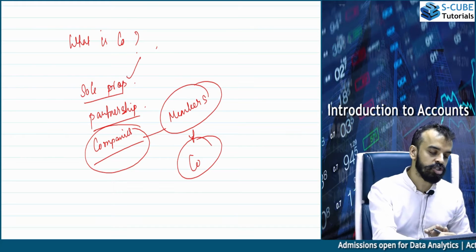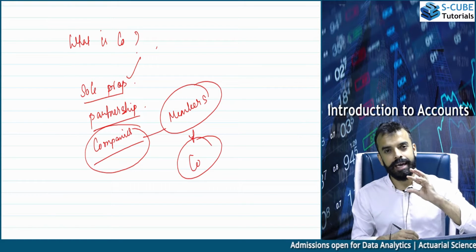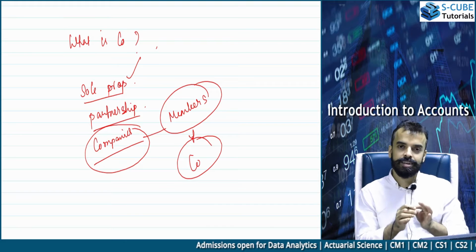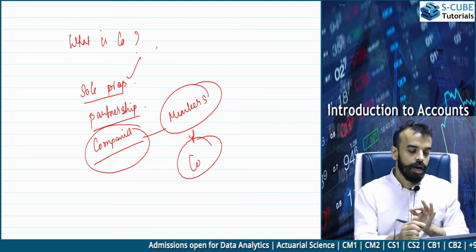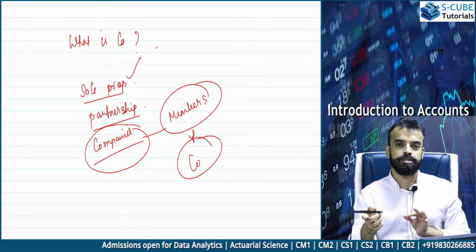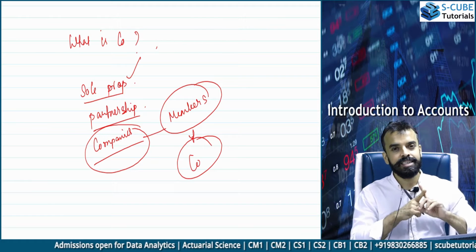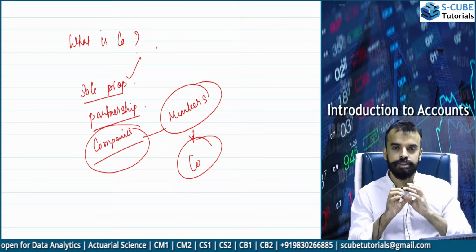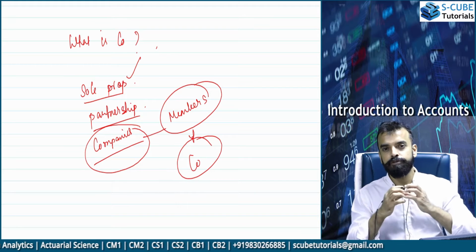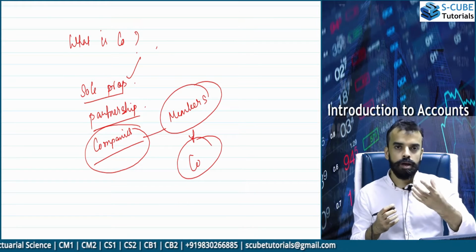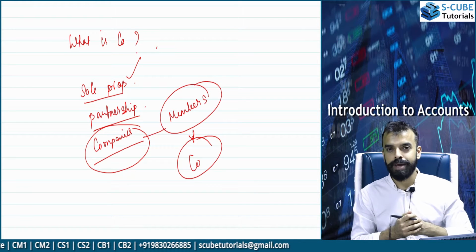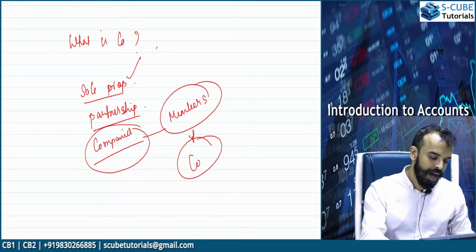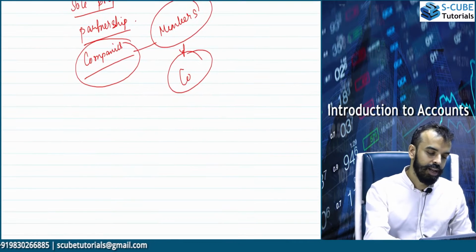In case of proprietorship, they are the same. In case of partnership, the partners and the firm are viewed as the same legally. But in case of companies, the company and its members are legally distinct. So, that is the first chief feature and the first distinction and the first thing which makes a company different from the other two. Okay, now let us talk about